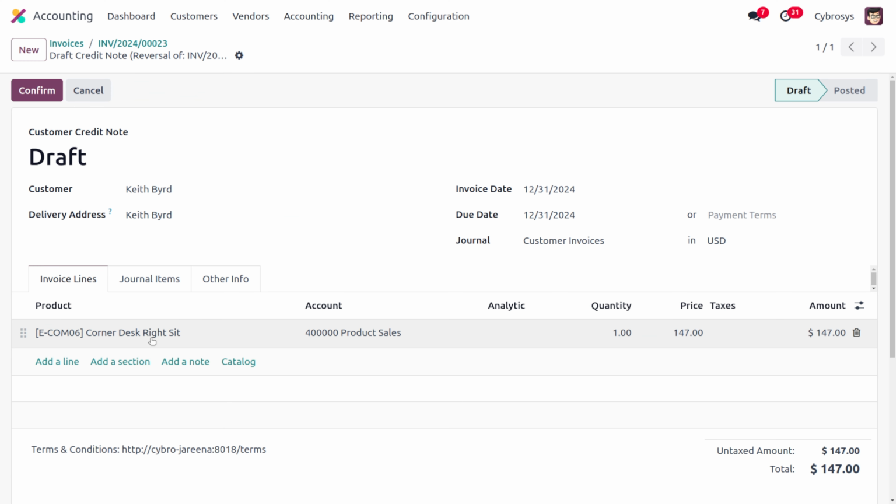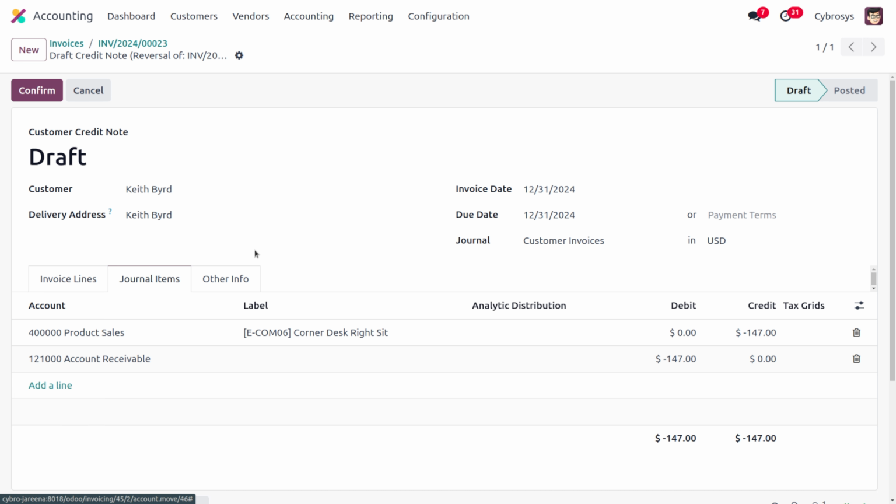As I reverse the entry, you can see that the entry is currently in draft state, which means the customer credit note will be in draft state. We haven't posted this. Now let's move on to the journal items. Here you can see that the product sale is indicated with minus 147 as we have reversed the entry.